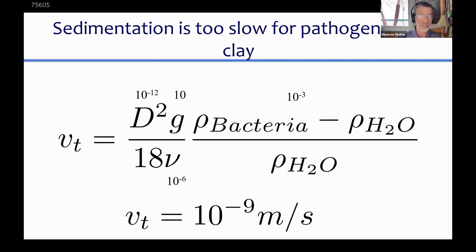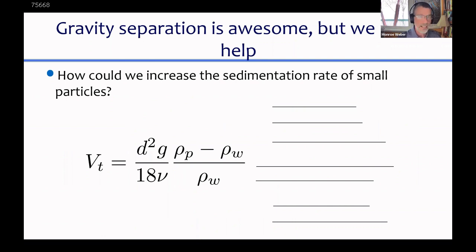But we're going to apply a trick. How could we somehow mess with this equation so that we could improve our ability to remove things? So our problem was that the terminal velocity was much too small. So how could we increase the sedimentation rate for small particles? How could we get small particles to settle fast